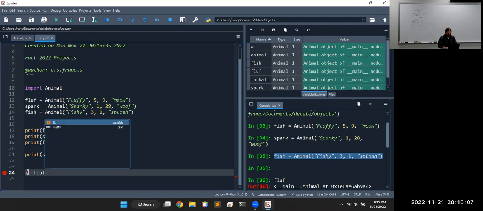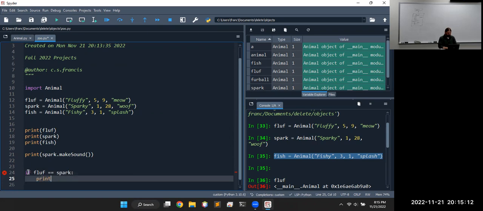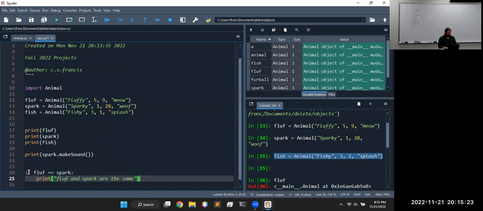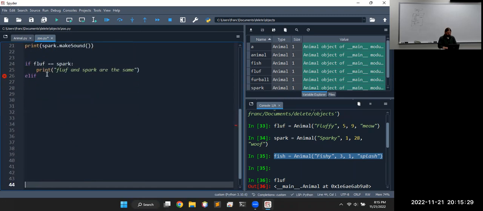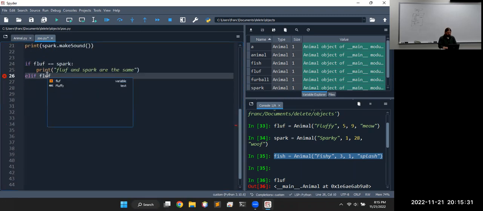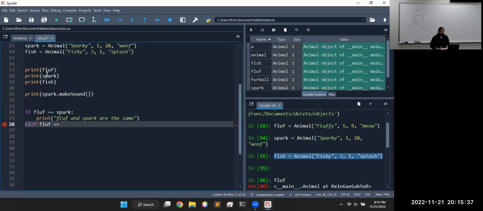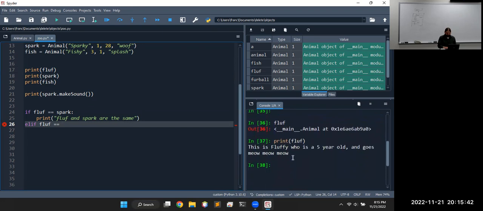If Fluff is equal to Spark, print Fluff and Spark are the same. Elif Fluff is equal to, well, I already created them, right? Yes, so we can set it over here. So like Fluff